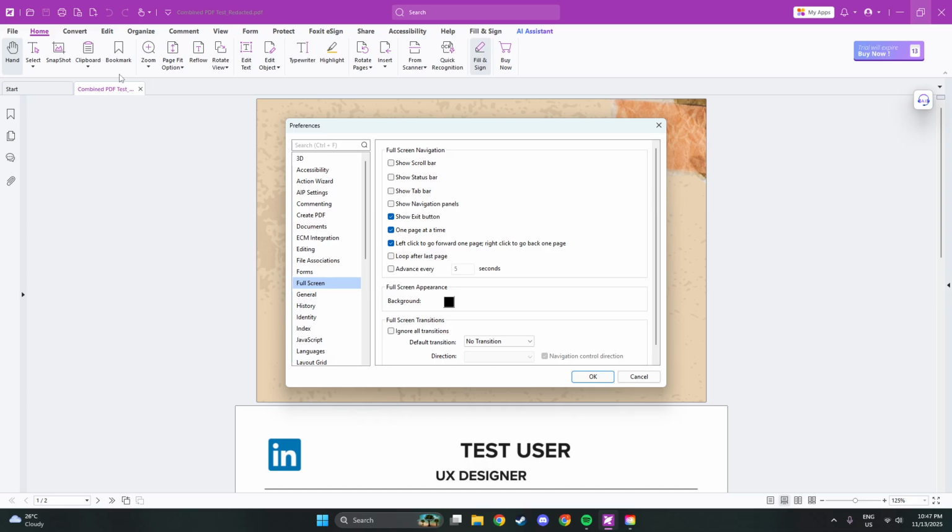This change will enable you to move seamlessly from one page to the next without being halted by the edges of each page. While you're here, there's another option worth considering: Loop after last page. If you enable this, your document will wrap back to the first page after you reach the end, creating a continuous cycle. This feature can be quite useful for presentations or when you need to revisit the beginning without manually